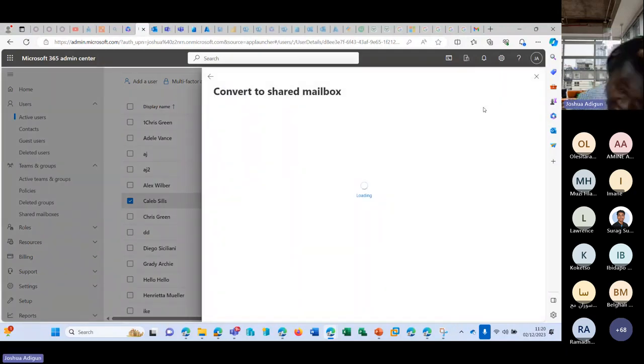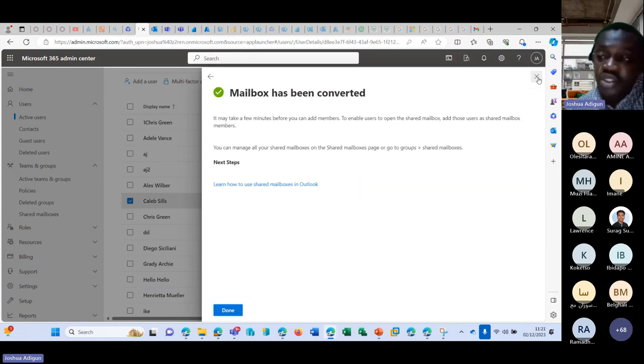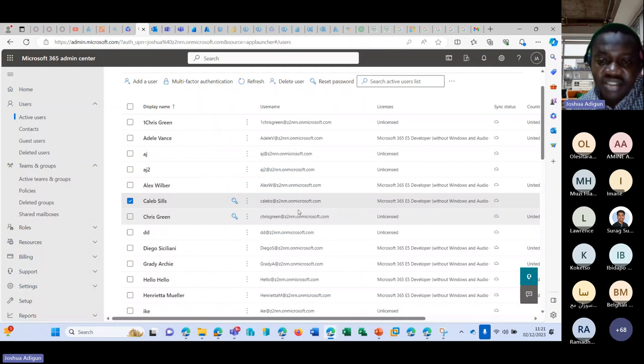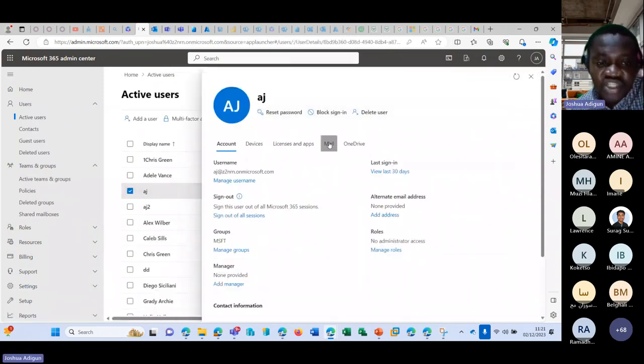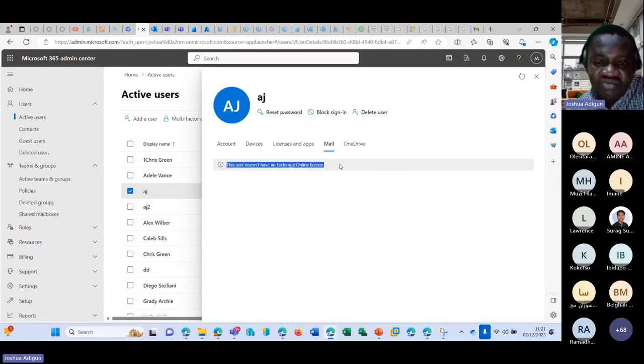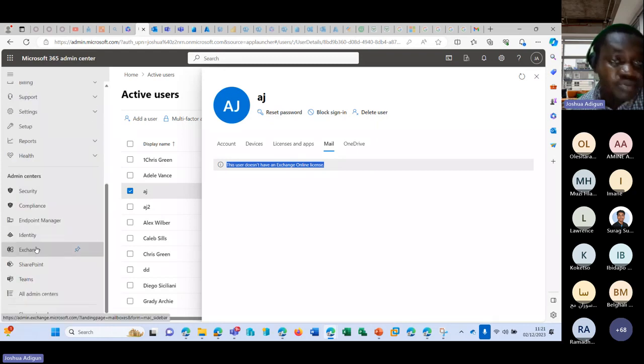So this user must have a license for me to be able to convert it to a shared mailbox. However, converting from a shared mailbox back to a user mailbox, a shared mailbox does not need a license. So if I come to this AJ now, I can't do that because it does not have a mailbox. So I can't convert. And if I come to Exchange portal,